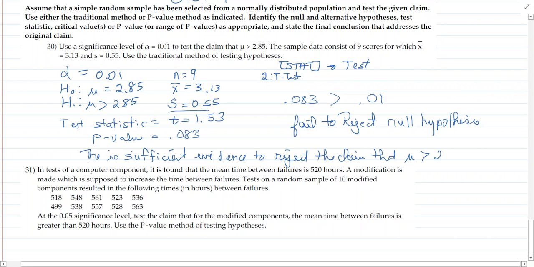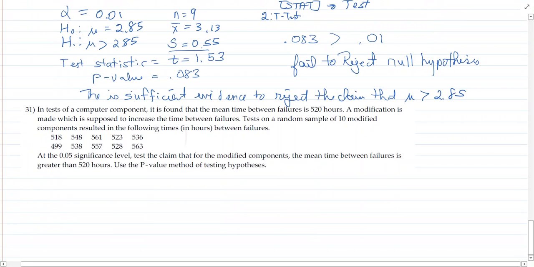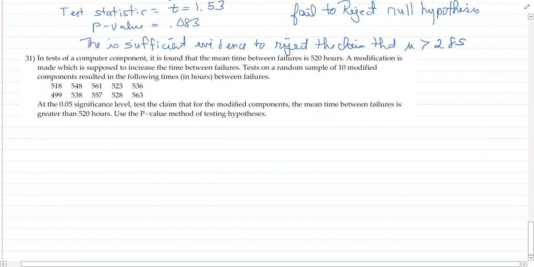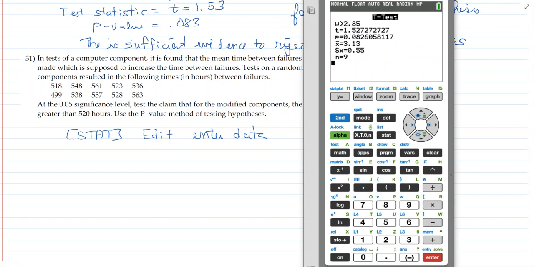All right. This last one has data. And on this one, we're going to be doing stat, edit, and enter the data. So let's do that first. It's not a big problem, so we got a good thing. I'm going to clear. Okay, stat, edit. I have stuff in my line 1, clear enter,